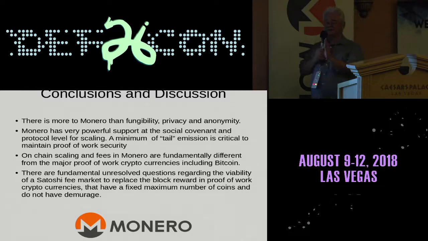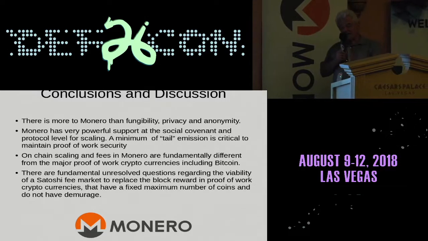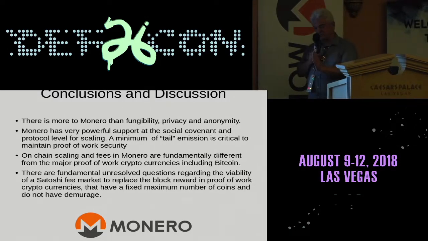The biggest strength that Monero has is that we have a social covenant that can support long-term technological change. Yes, you have the social issues. But if you don't have a fundamental flaw to deal with, which I believe is the case in Bitcoin, then I don't think the comparison is really that apt, because basically the reason Bitcoin is having this breakdown is because